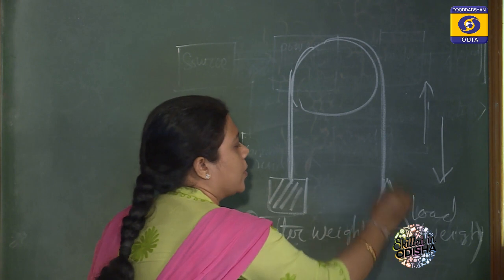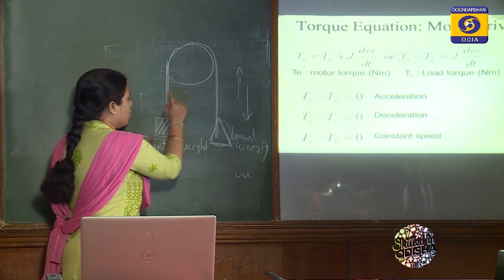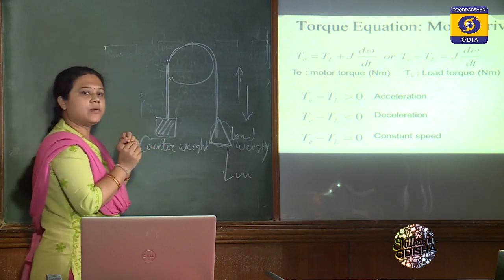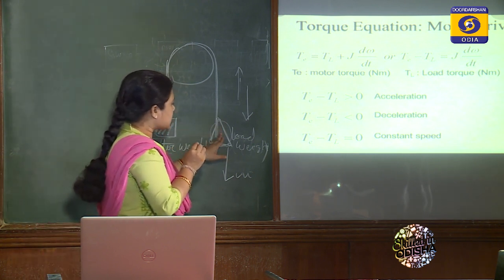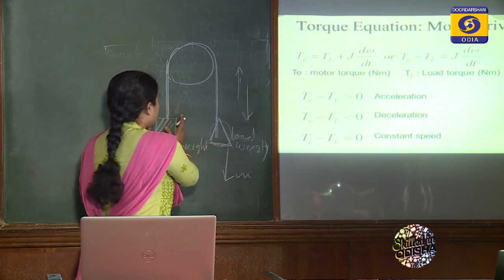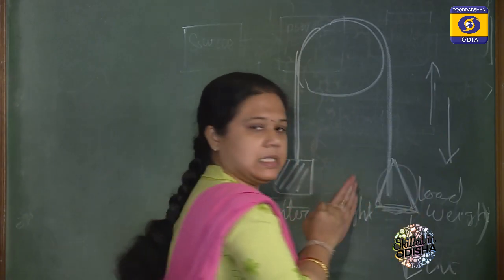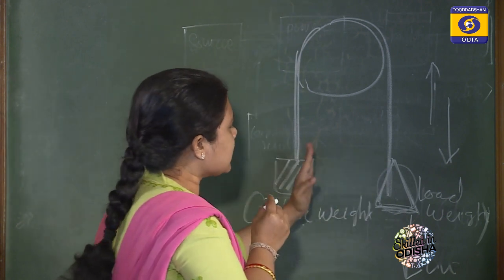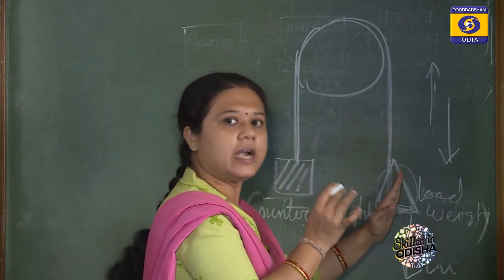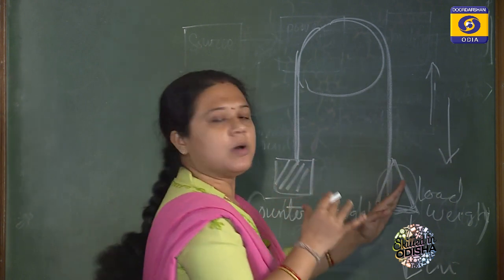So you can see from this diagram, this one is load. If the weight of this load side is more than this side, then it will move downward. If this side is empty, there is no load, that means now the weight of this counterweight is more than this empty case. That means in this way we have to make the balance between this counterweight and this loaded or empty cage, so that we can avoid any type of accidents.